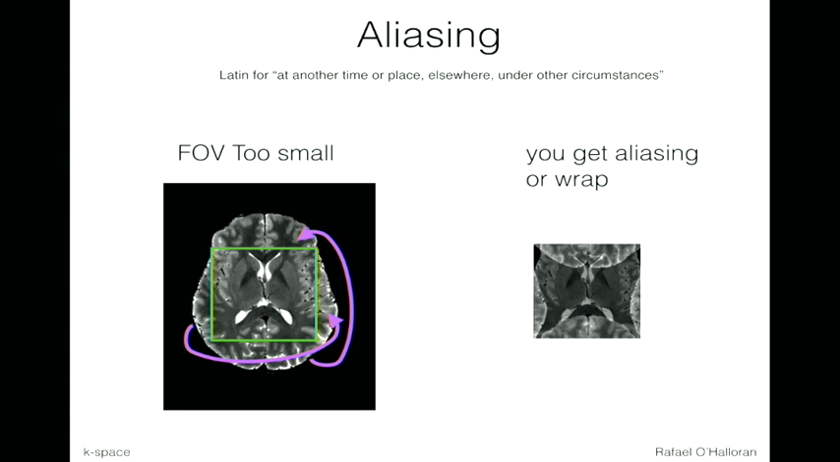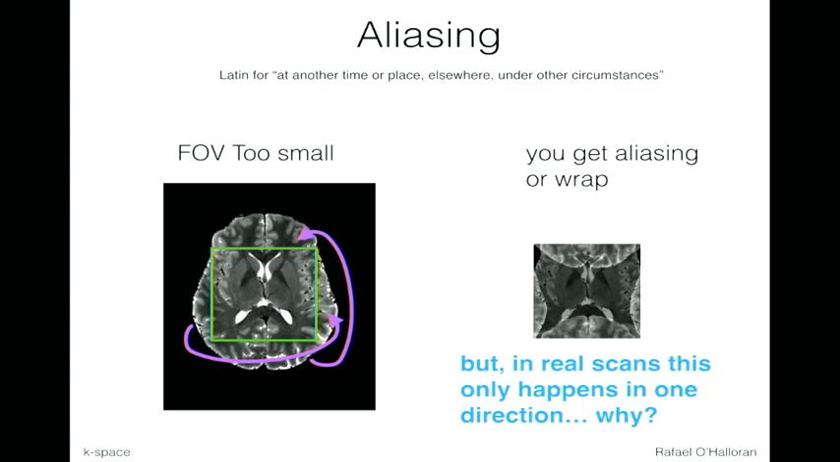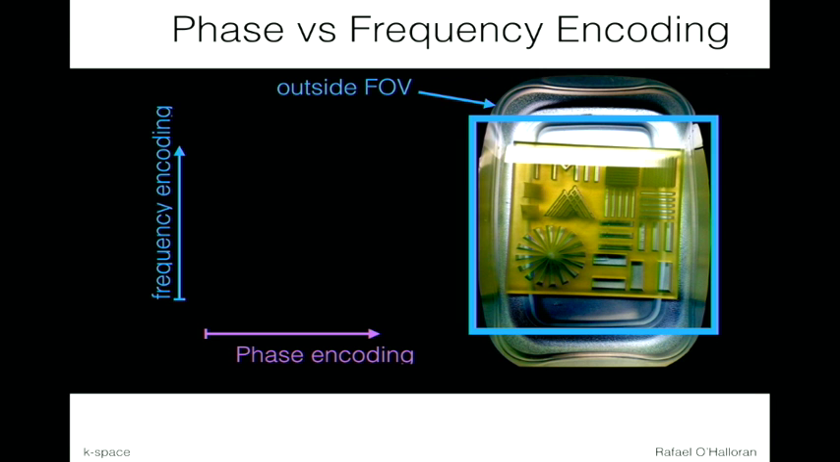Now it doesn't happen like it happens as I just showed it here, because in real life, this only happens in one direction. So the question is, why is this? This is kind of interesting. And this has to do with the practical difference between phase encoding and frequency encoding. So in this experiment, I'll show you the difference. This phantom here on the right is a water tub, and I'm going to draw a field of view like the blue box that leaves some signal outside of the field of view in one of the directions,